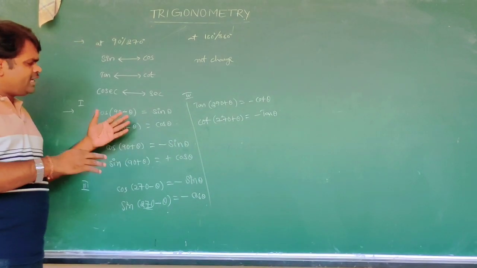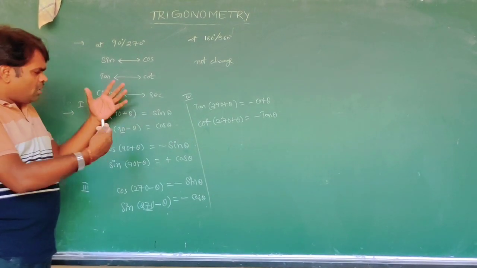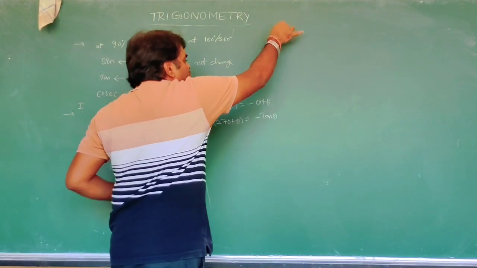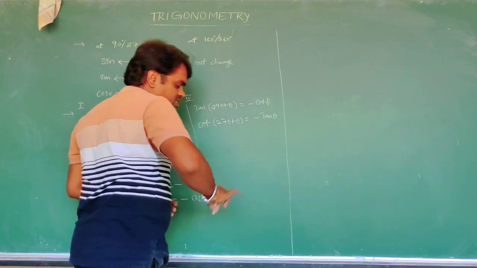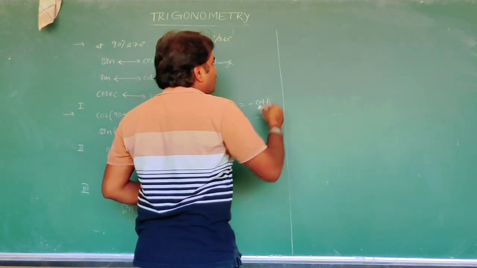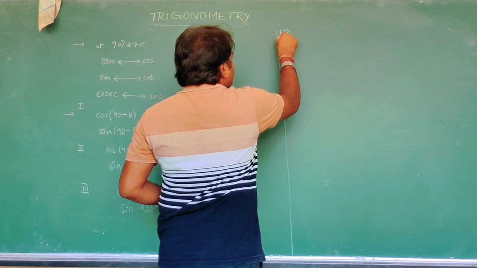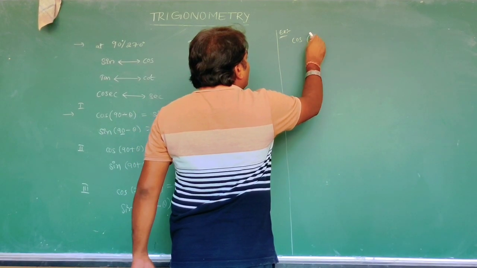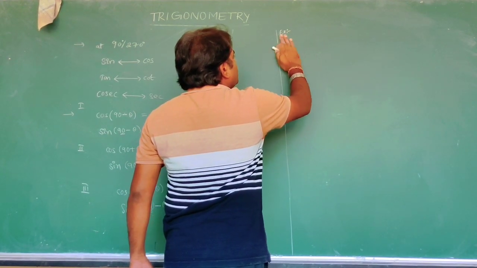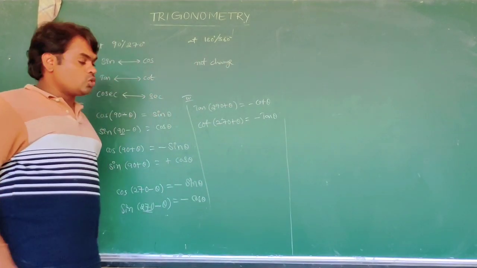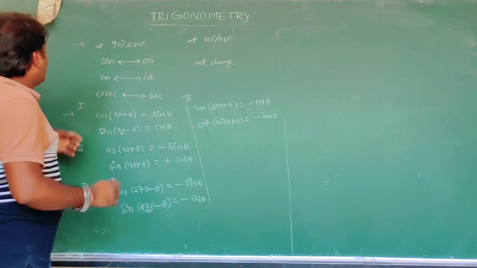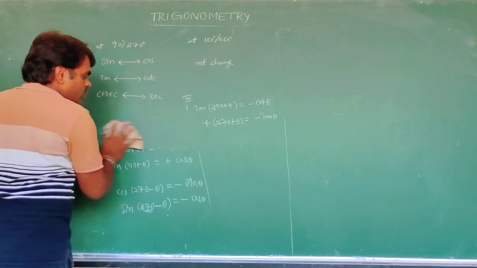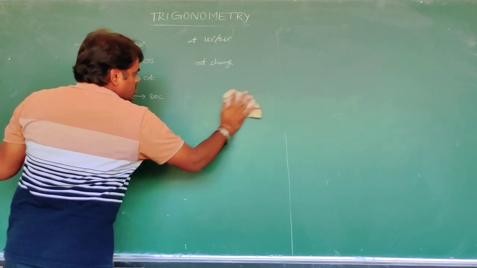This is very simple, and you can write it in different ways. But what we need to do, that only I will explain here. Now we are understanding the problems very easily. Then there are only 4 problems. Example 1, cos of... but before that, we are going to the values of the trigonometric ratios. We are going to discuss the values of trigonometric ratios.